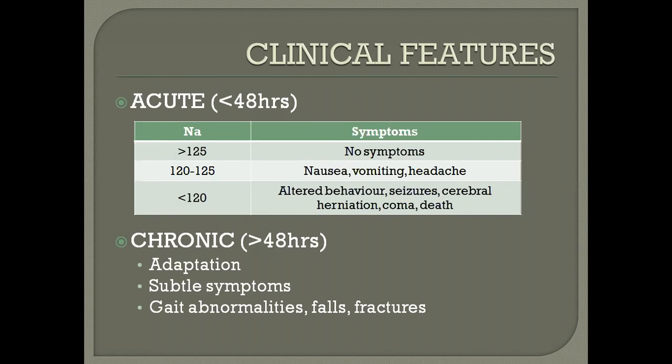So what happens is basically the osmotic flow of fluid begins from the blood to the brain. The concentration inside the cells is higher, and sodium levels outside have gone down. So the gradient causes movement of fluid from the blood into the brain cells. And this causes cerebral edema, which leads to the manifestations and can even cause herniation, and that can lead to death.